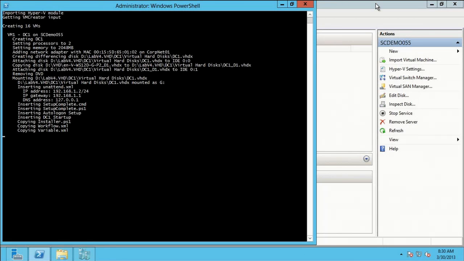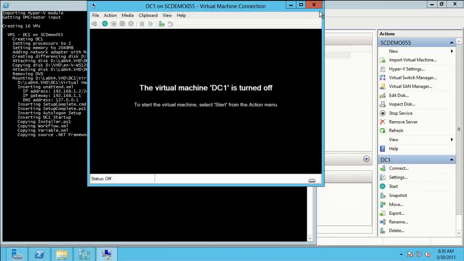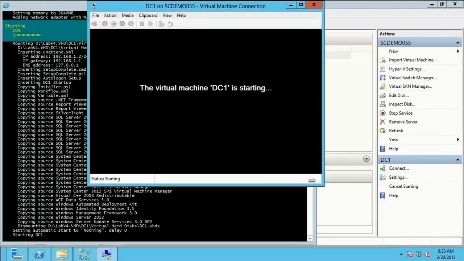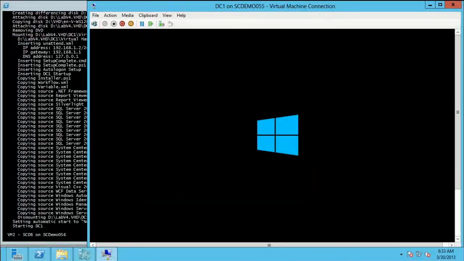I run the VM creator. The first one actually becomes a domain controller. And as well as adding an unattend file to it, it also has an auto logon, and that auto logon will automatically promote that machine to a domain controller. So it promotes the first machine to a domain controller. You can see here it also copies all of the source for the deployment you're doing into that machine before it starts it. Starts the machine,